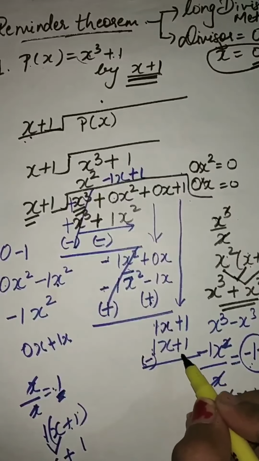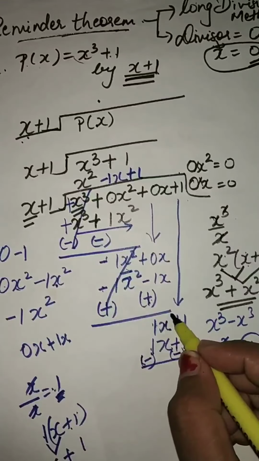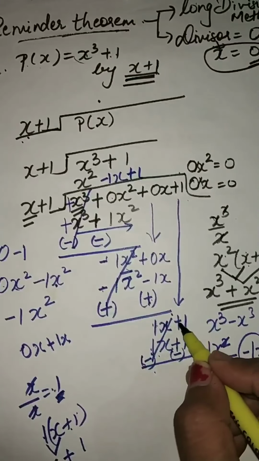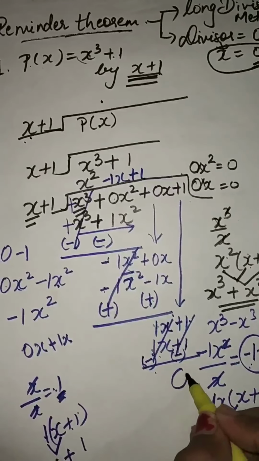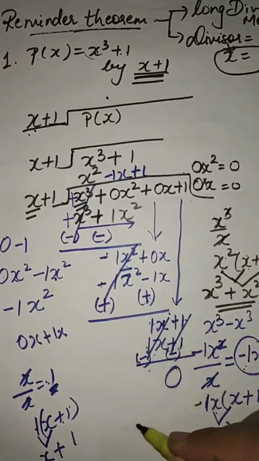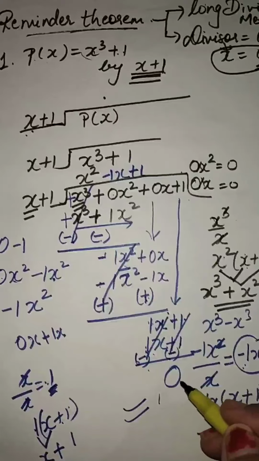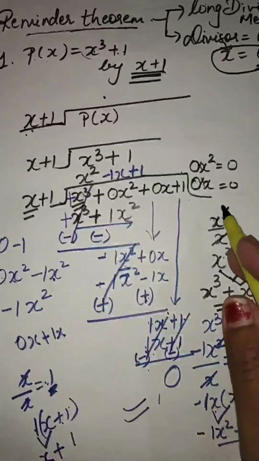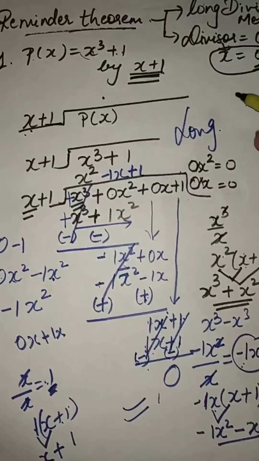So we will have this one as 1x minus 1x. This will get cancelled, and we will have plus 1 minus 1. Again it will get cancelled. What remains? Only 0 remains. Now this is the way you can find out the remainder. By the remainder theorem you can find the remainder by this long division method. We call this whole thing the long division method, or there is another way, a little bit shorter.